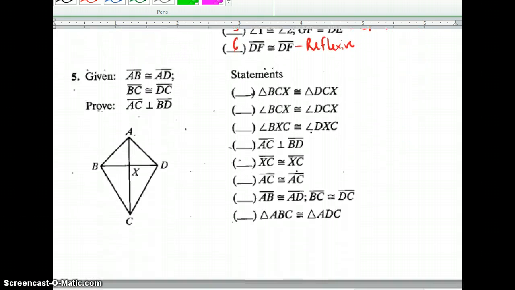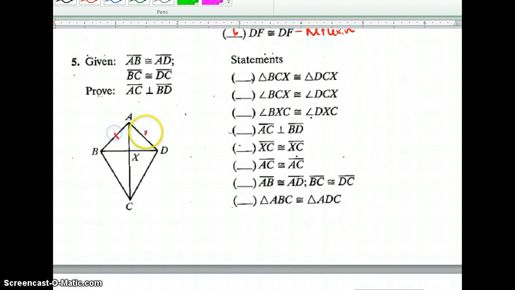Number 5. AB is congruent to AD. That's given. As well as BC and DC. Okay. I might have isosceles triangles here. I might just have congruent triangles here. It's hard to know. I'm trying to prove this. Sorry, this was number 1. There's 8 total. This is step